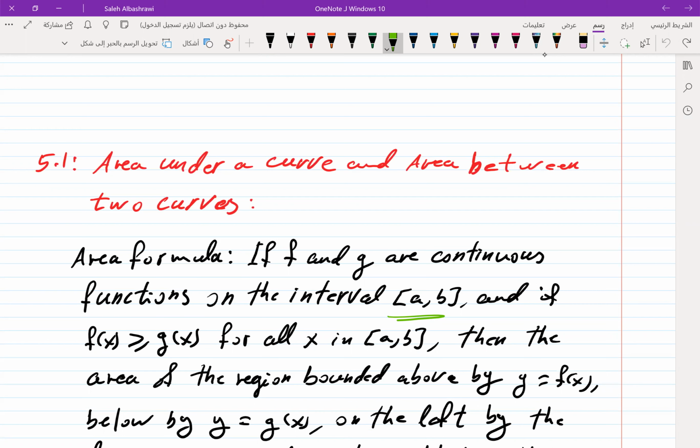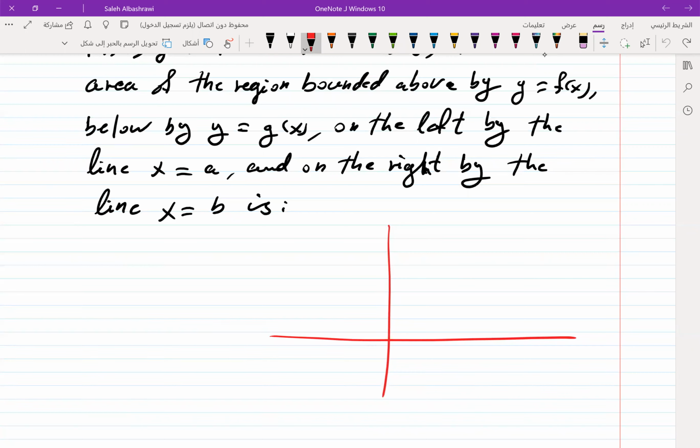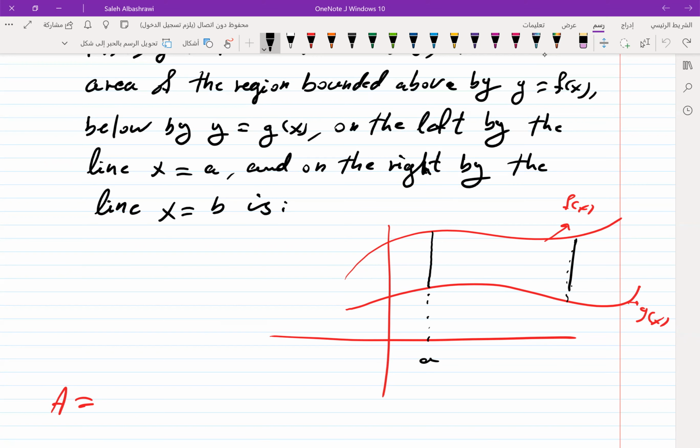will be given by the formula. See, I have two functions, up f of x, we have down another function g of x, and these are continuous over the interval a to b. Then the area of this region